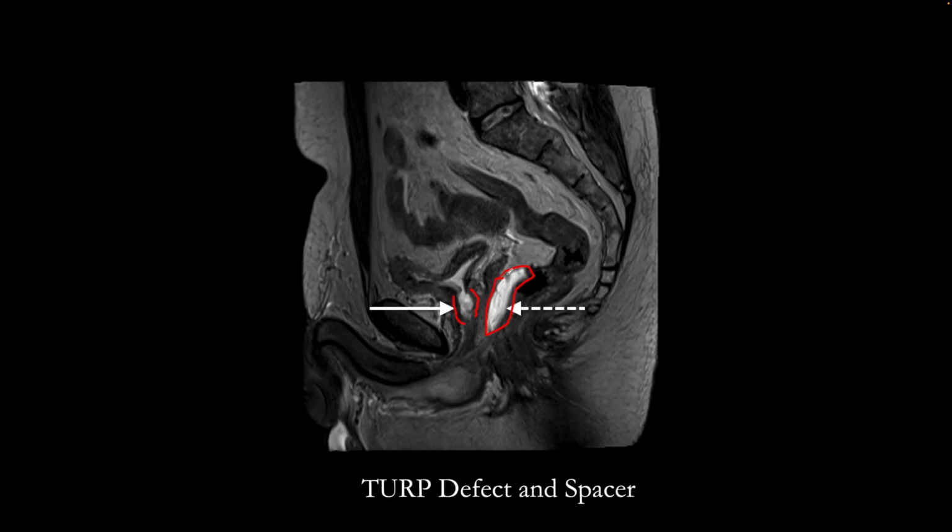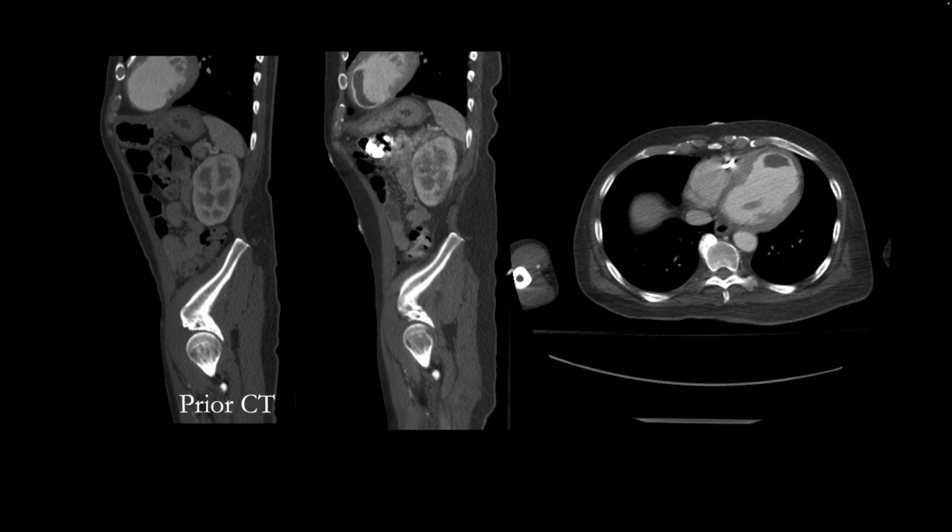So two findings here are TURP defect and the spacer, both seen as T2 hyperintense foci. Here's our next patient. There is a prior CT on the left where the finding is in the myocardium. So look at the heart. The left ventricular myocardium is thin and it almost appears aneurysmal, most likely from a prior myocardial infarction involving the